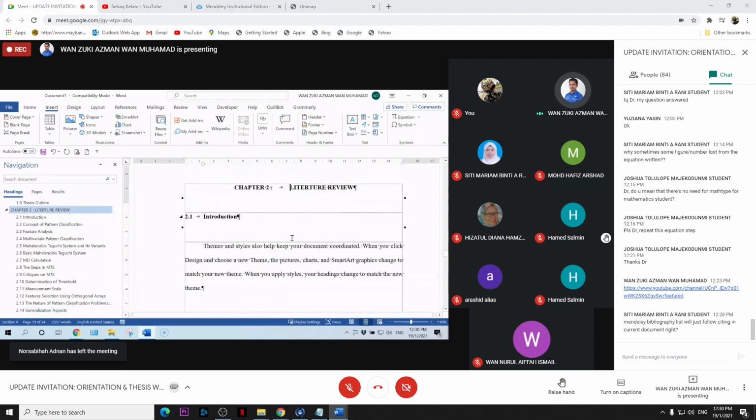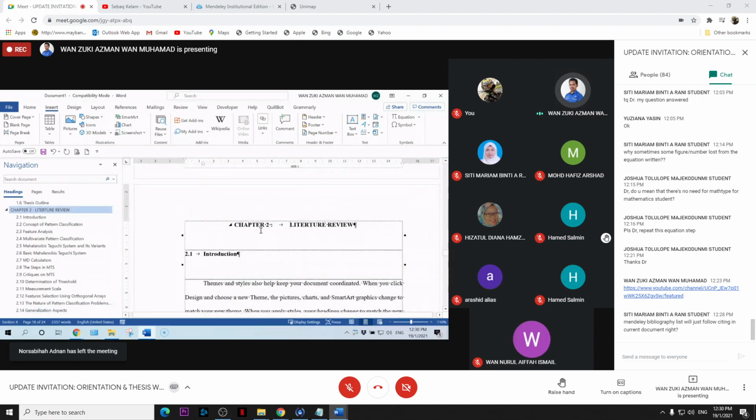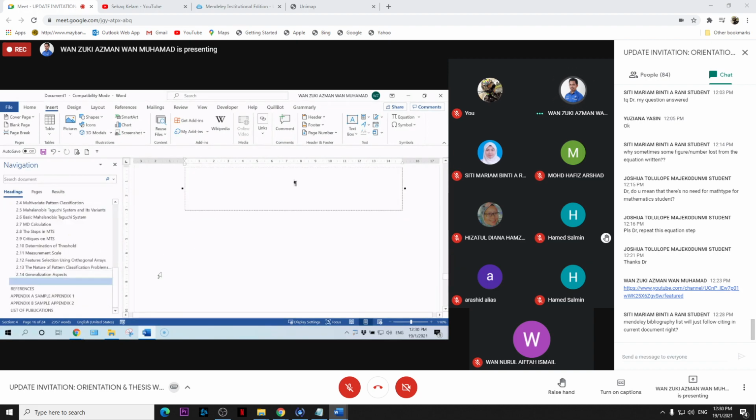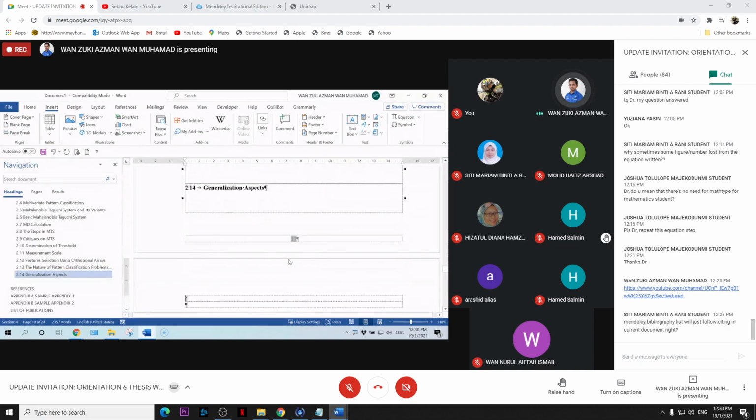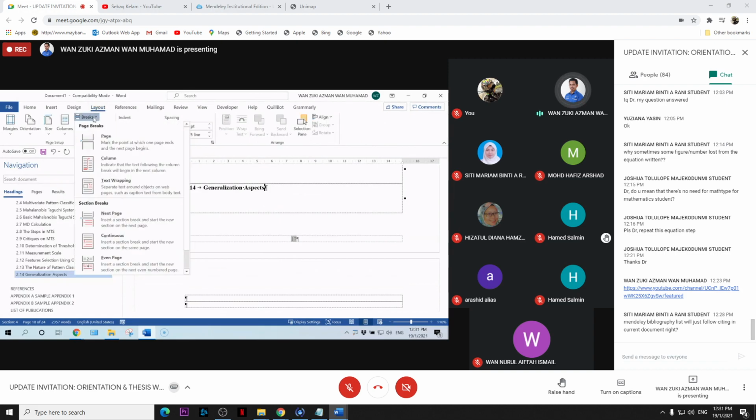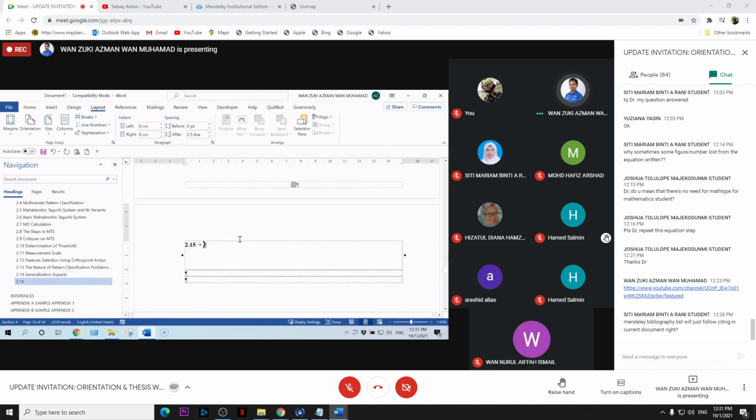Even though the number in the separate file was chapter 1, when you combine, it will automatically change to chapter number 2. That's why I said don't worry, just maintain the number 1. Then insert the layout section break, next page.